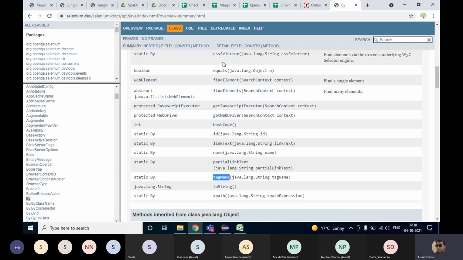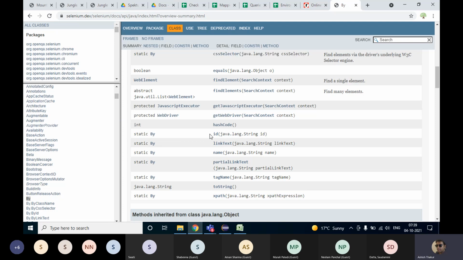If nothing works, then we have got two locator strategies. One is using CSS selector, and the other one is using XPath. We'll also study about these. We'll start with the simpler ones, how you can identify the element with ID, name, link text, partial link text, and then we'll jump over to how to identify the elements with XPath and CSS selectors.